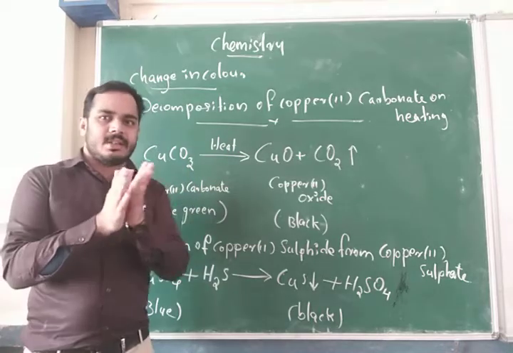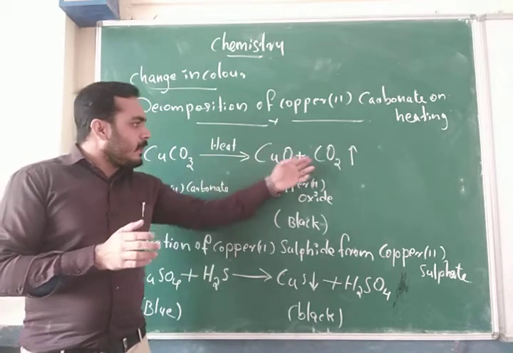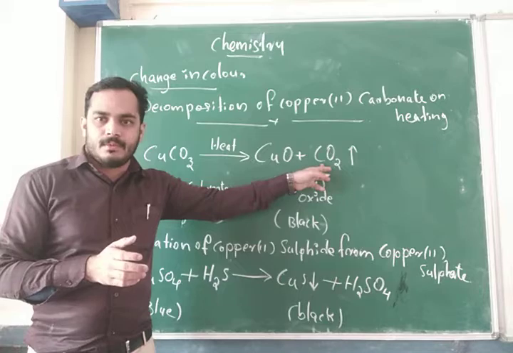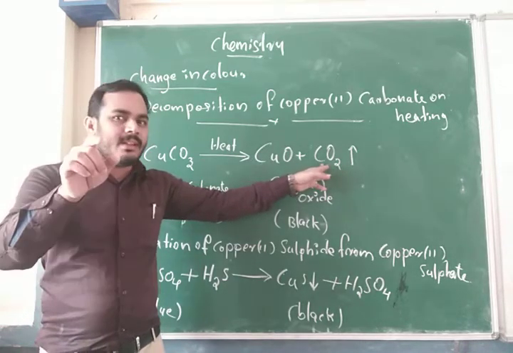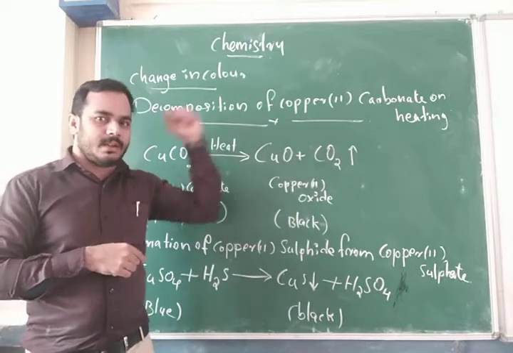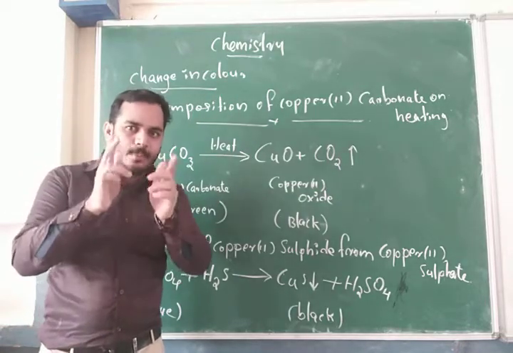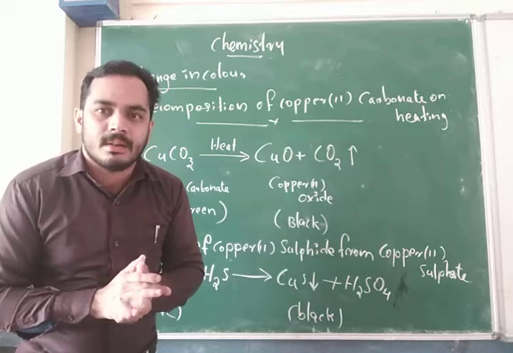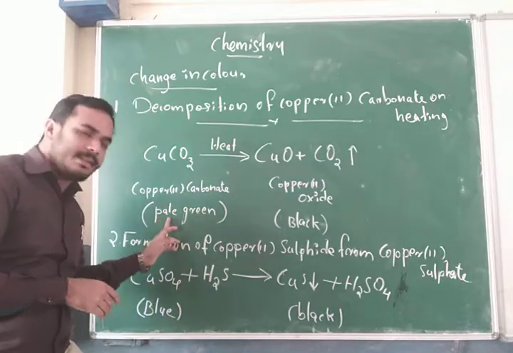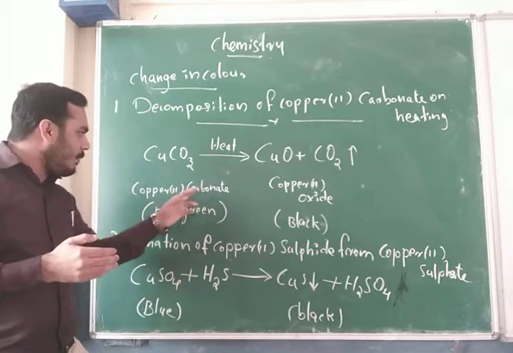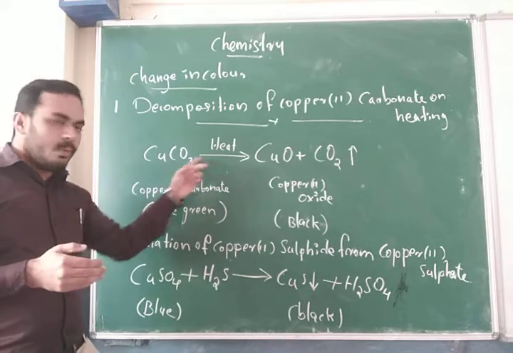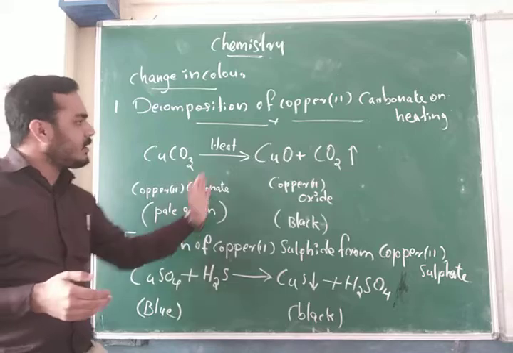As a result, what happens? Carbon dioxide gas is formed. First product, carbon dioxide gas. So what is our topic? Changing color. Okay. First, we want to observe the color of copper carbonate. Copper carbonate is a pale green color. While heating the copper carbonate, the pale green color turns to